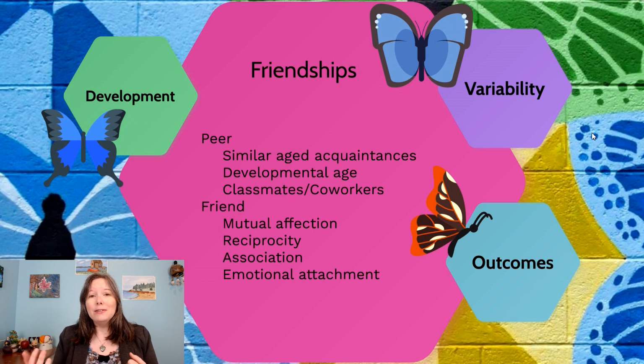Those are peers. Peers are different from friends in that friends tend to be defined as having an emotional attachment and a mutual affection towards one another. A friend is someone that you look forward to seeing, and they look forward to seeing you. If they're a classmate, they're the classmate you seek out and try to sit with in class. Or if they are a coworker, they're the coworker you look forward to talking to at the water cooler the next day at work. So there's a bit of reciprocity involved in friendship that may not be involved in peers, and it's the idea that you enjoy being with one another.